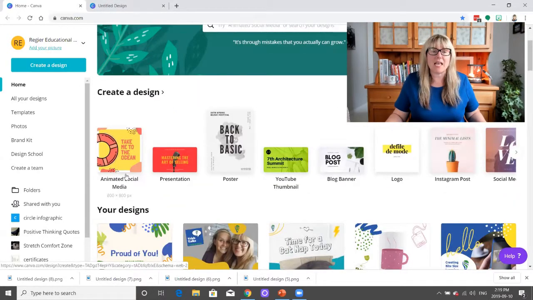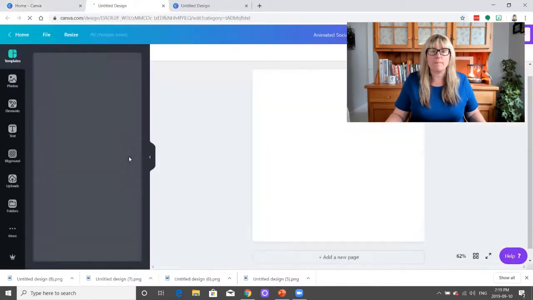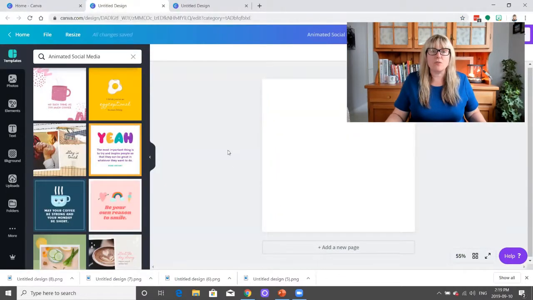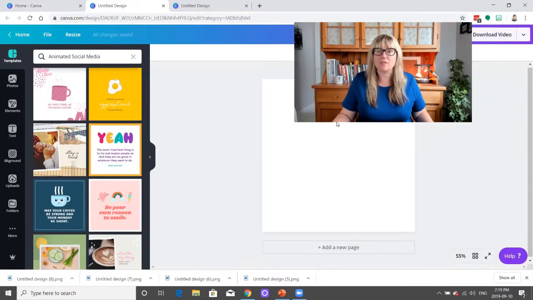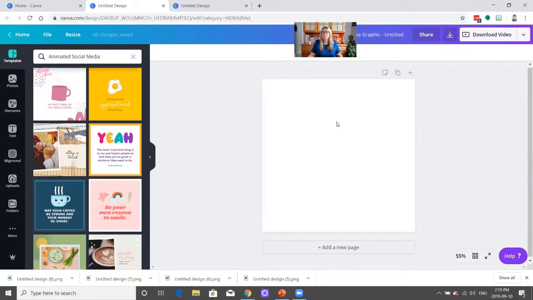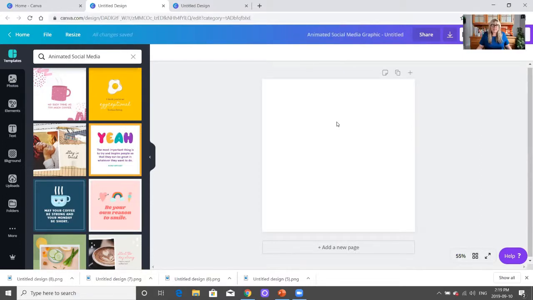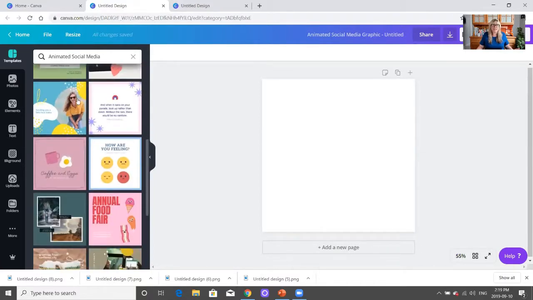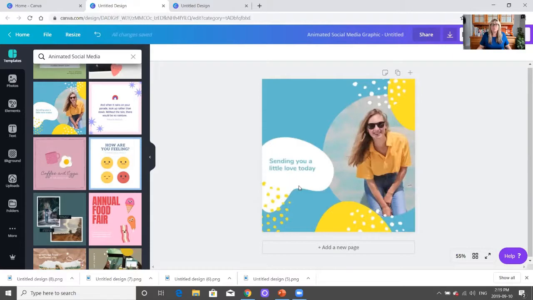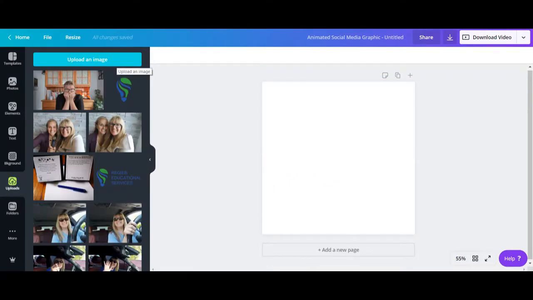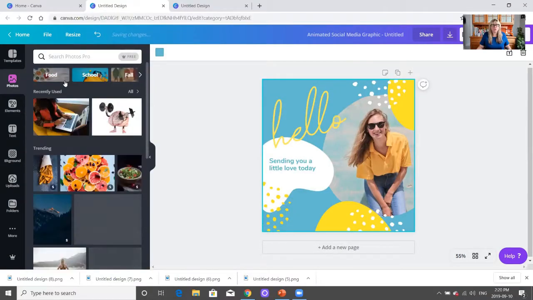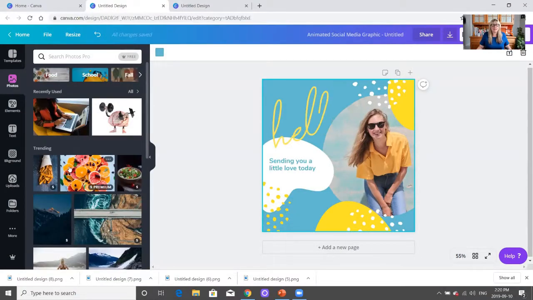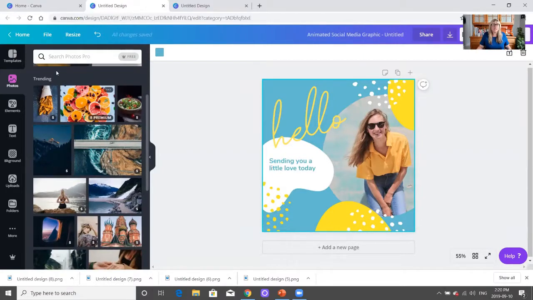So if you click this animated social media, you're able to then get to a, make myself smaller here. So you get to this blank canvas and you can basically pick from a lot of templates, which is fantastic. So this is one I've used recently, and if you have an uploaded picture or you want to pick from the pictures that Canva provides, you can do